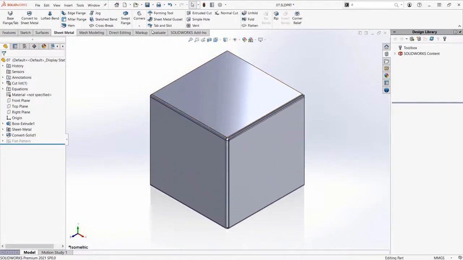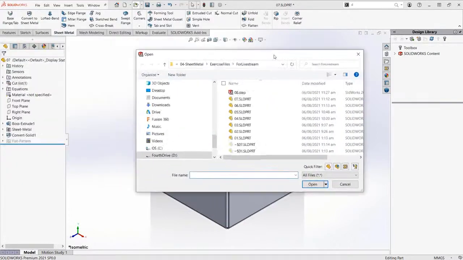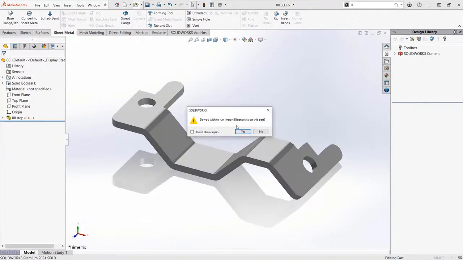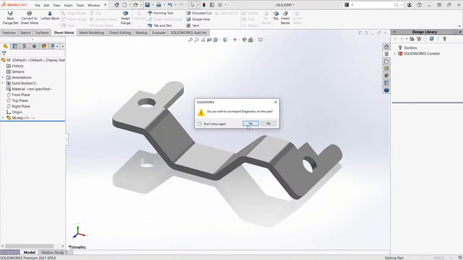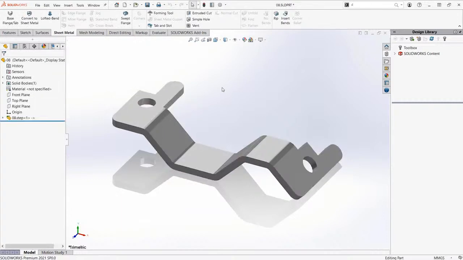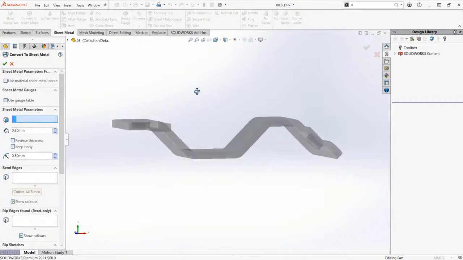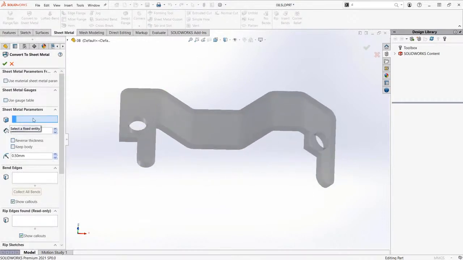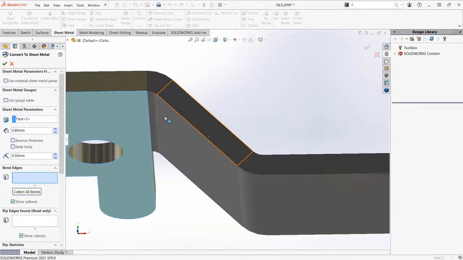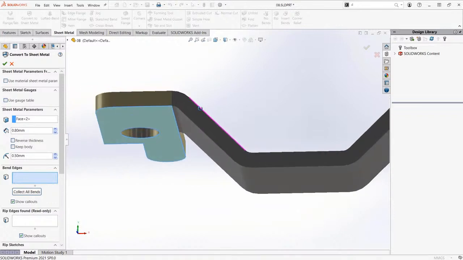Another use case, let me open up a step file. So whenever this window appears, simply select yes. Running import diagnostics. Committing to this. And let's now convert this to a sheet metal, heading over to sheet metal tab. Convert to sheet metal. And I prefer the fixed entity to be this face. And let's confirm. If ever